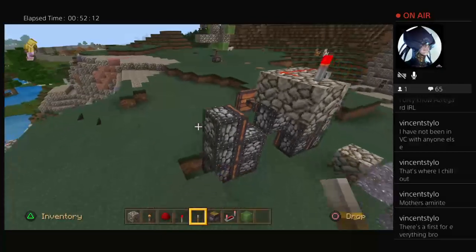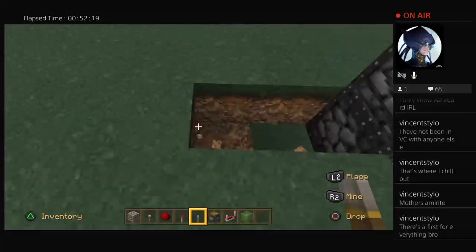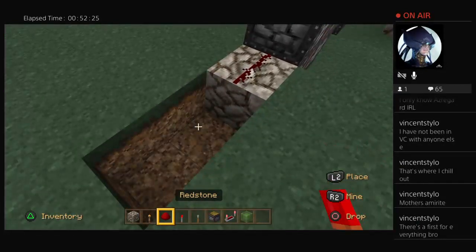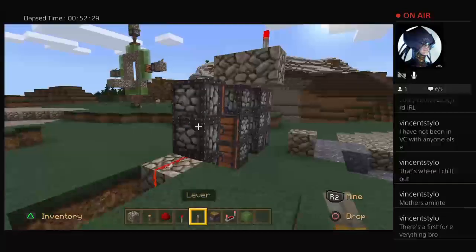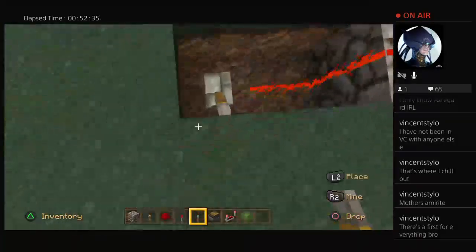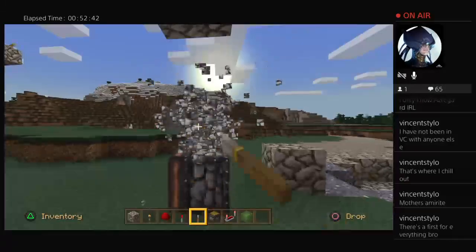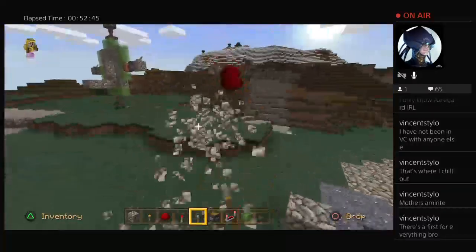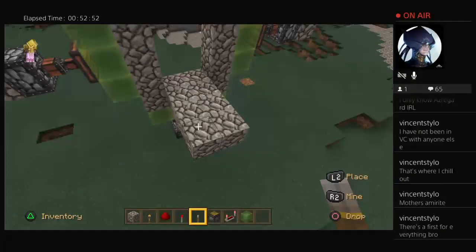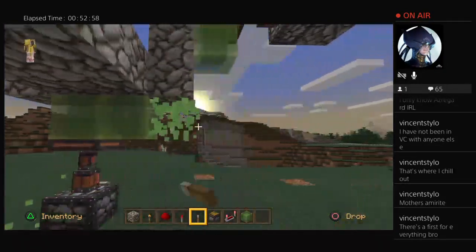Alrighty, so if I were... Okay, let me try this. If I do that, and put redstone there, and put redstone there, and then I put a lever, that puts those out. Okay, I think I'm making this a little too complex. I think I just need to do that, but make it smaller. So if I were to take this and go, say, here...